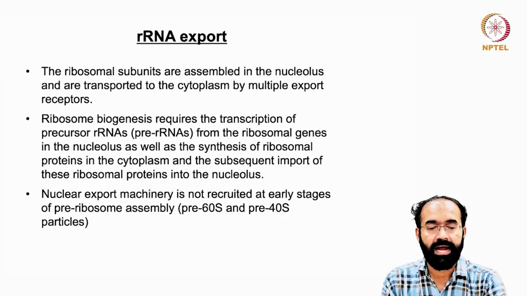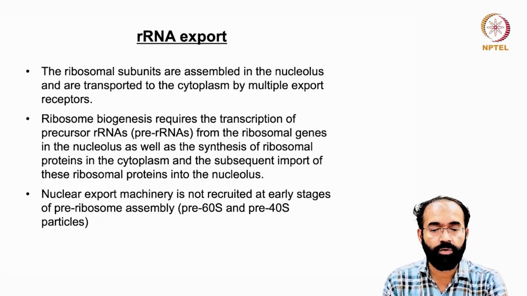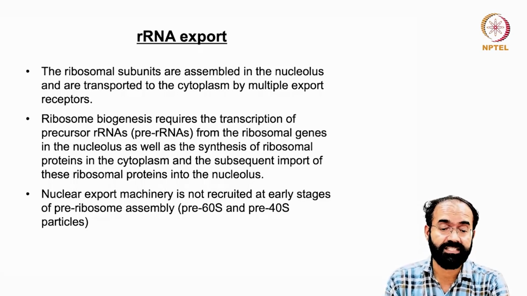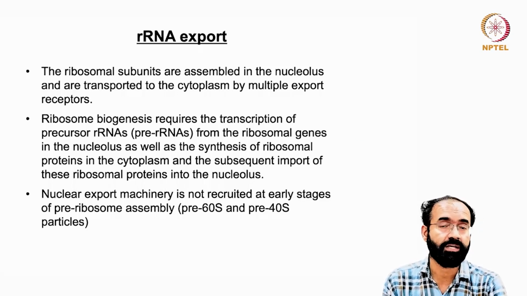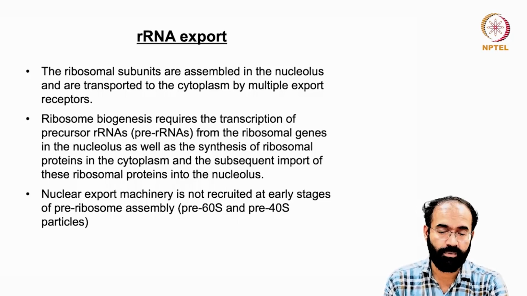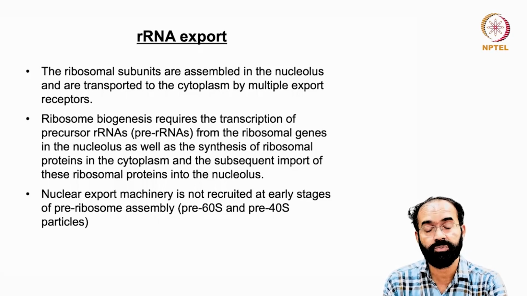Ribosomal RNAs are there, and ribosome biogenesis requires the transcription of precursor ribosomal RNA. We call it pre-rRNA, and it is transcribed from the ribosomal genes in the nucleolus, that is looking like a heavily pigmented part inside the nucleus. So the nucleolus is a part inside the nucleus where ribosomal RNA biogenesis is taking place, as well as the synthesis of ribosomal proteins in the cytoplasm and subsequent import of these ribosomal proteins into the